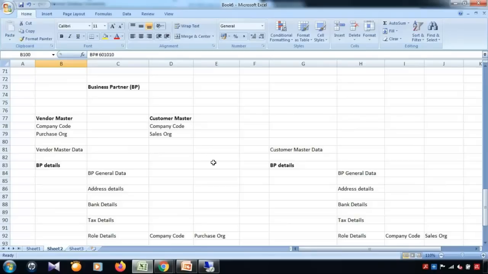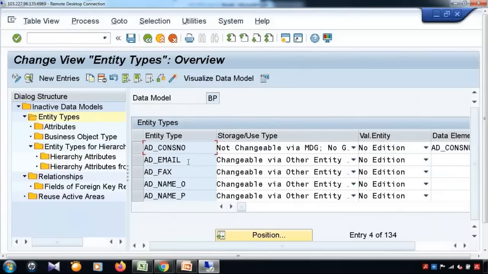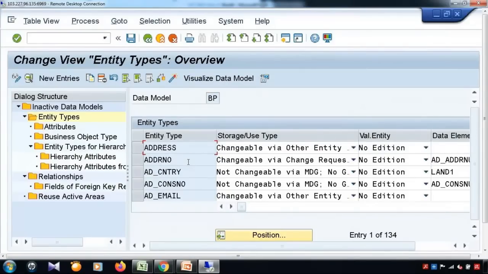Okay. So now in the BP data model, you have the list of entity types, which is related to the, yes, sorry, please tell me. Sorry to interrupt. Just a question. Are you doing MDG with S4 HANA or with ECC? Sorry, I did not understand your question. Are we going to proceed with the training along with S4 HANA as a system? Yes, yes, along with,